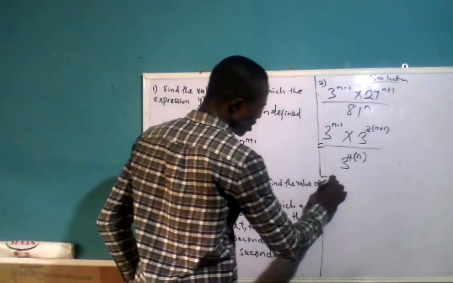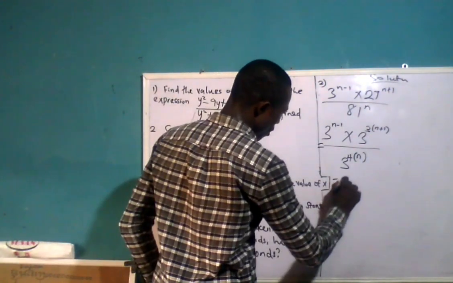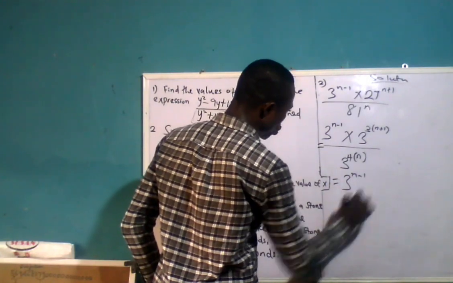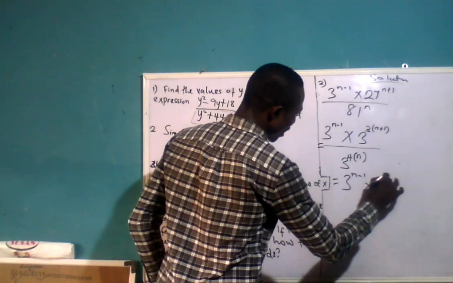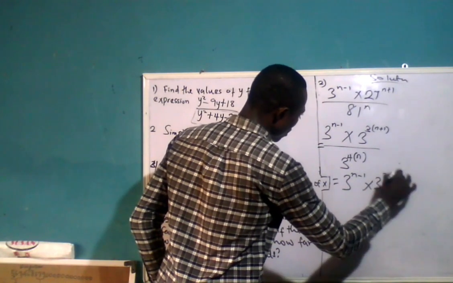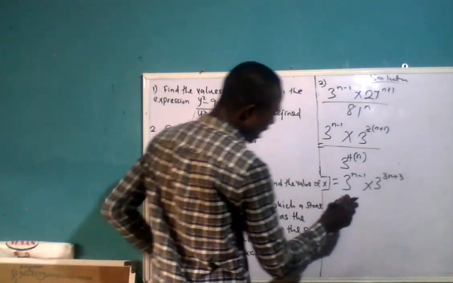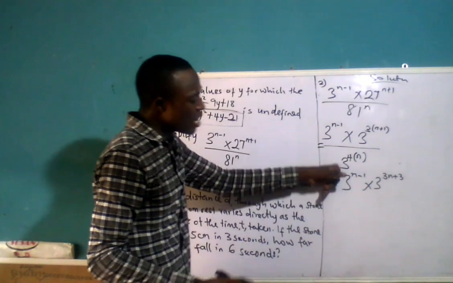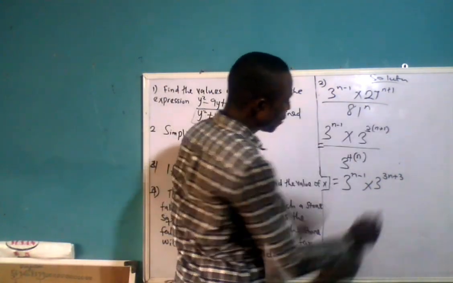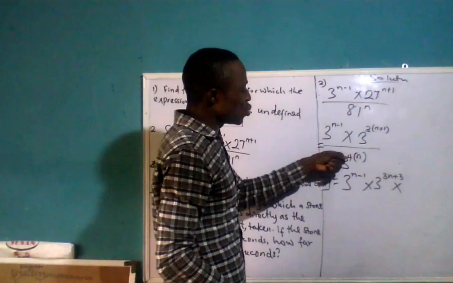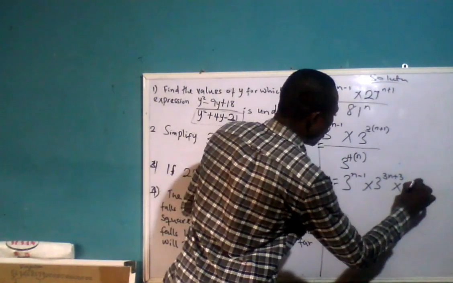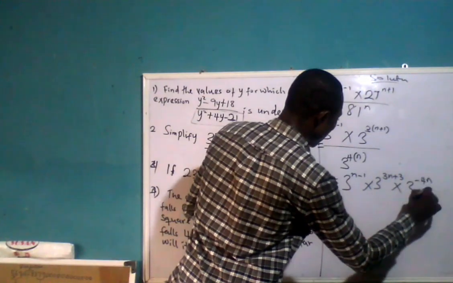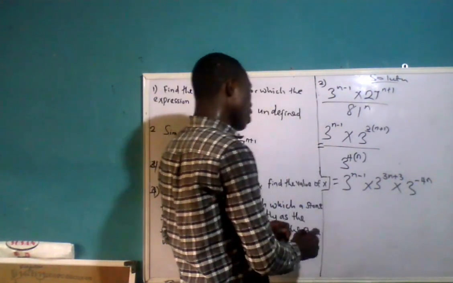Okay, so this is equal to 3 raised to power n minus 1, multiplied by 3 raised to power 3n plus 3, after opening this bracket. Then we have this as denominator, bringing it up here, so the sign of the index will change from positive to negative. You have 3 raised to power minus 4n, opening the bracket as well. So having done that,